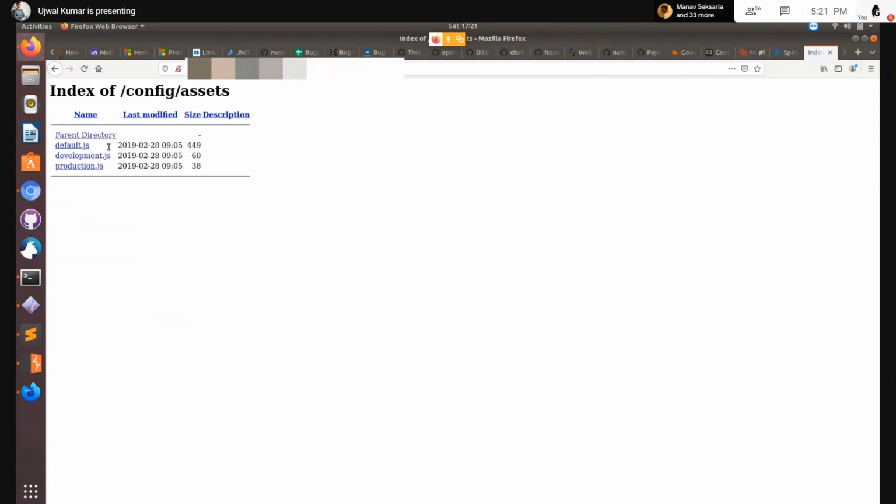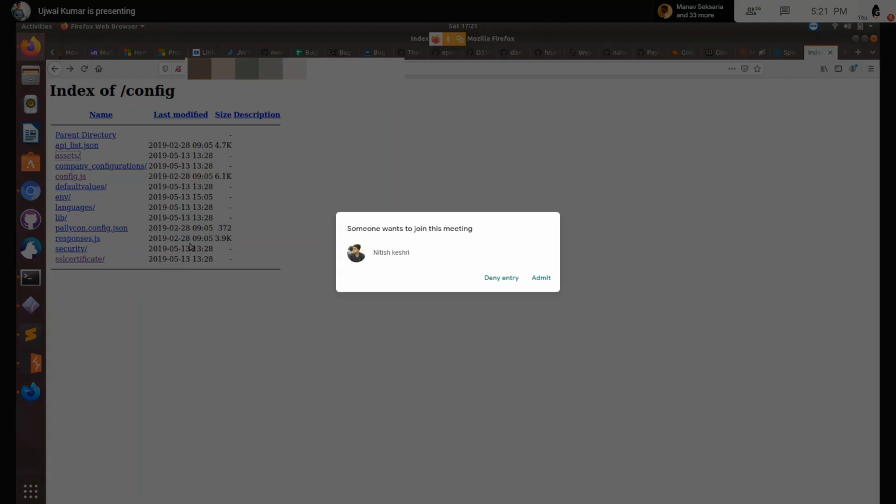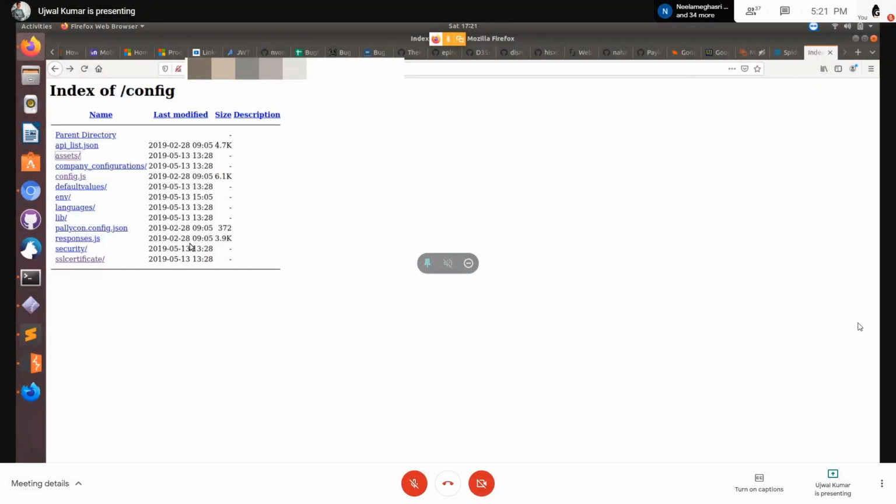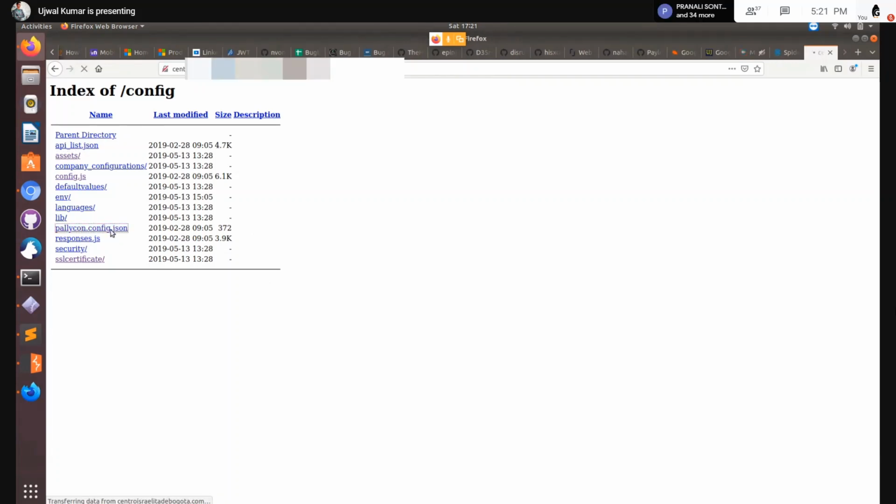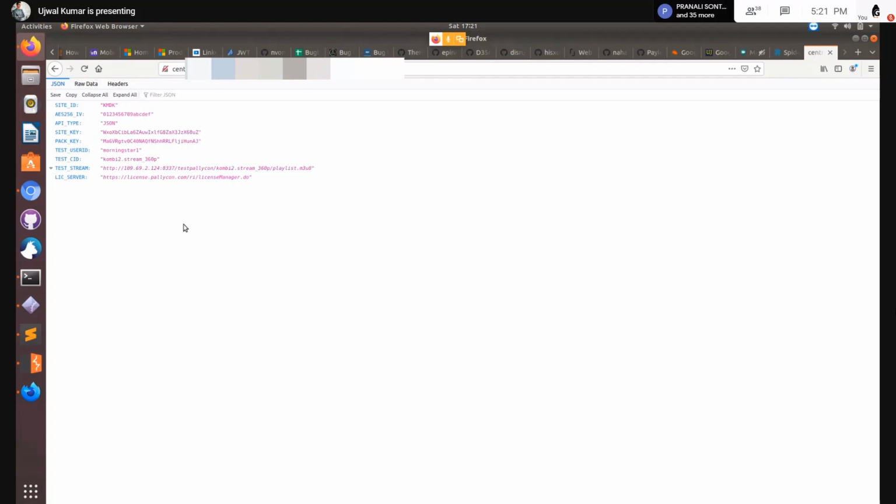I personally remember in my starting days, I had a friend who used to find these dorks of a particular country. And he used to find the admin panel of that, and he used to do SQL injection and deface those websites. But these things are always to be used for good purposes and not for bad. I always believe information should always be used for positive purposes.